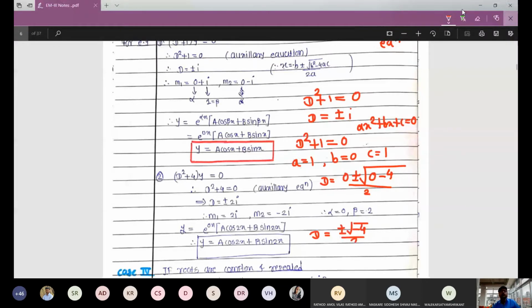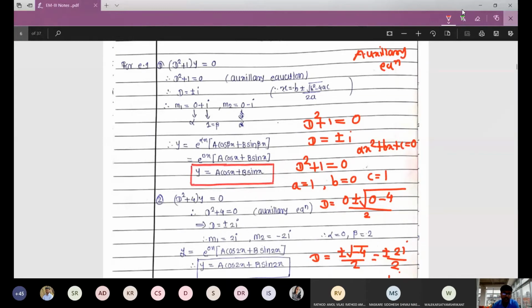But what about this square root of minus 4? It is a square root of a negative number, and we don't know how to get the square root of a negative number. So it belongs to complex numbers because the discriminant is negative. I can write this as plus minus square root of 4, which is 2, and for that negative we have to take i, divided by 2. So the 2 gets cancelled, plus minus i, and that's how I'm getting the roots here.